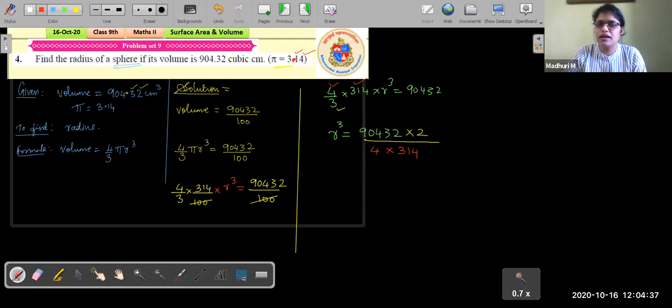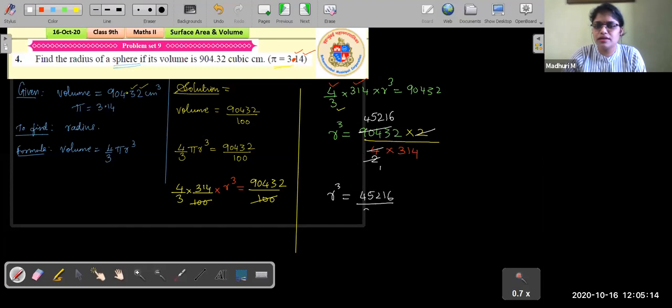Right, students? And now try to reduce this. Don't worry, I'm going to help you with a few more calculations, and then you can try out the remaining on your own. So just check. You can reduce this with the table of 4 straight away. Or else 2 times 2 is 4, like that. And then you can reduce it like this. So twice of 1 is 2... 8, and 2 5s are 10, 2 2s are 4, 2 1s are 2, 2 6s are 12, right? And then we are left with r cube, which is equal to